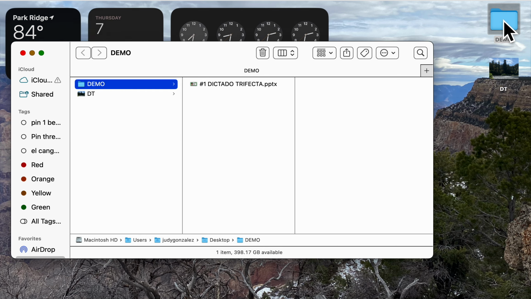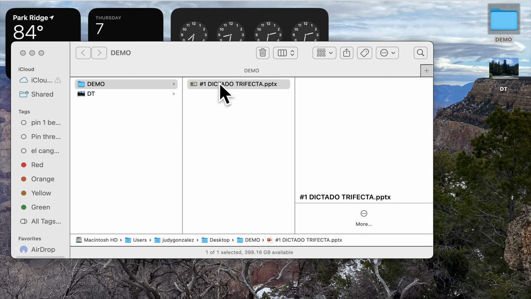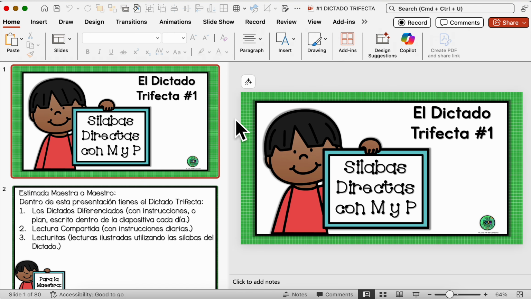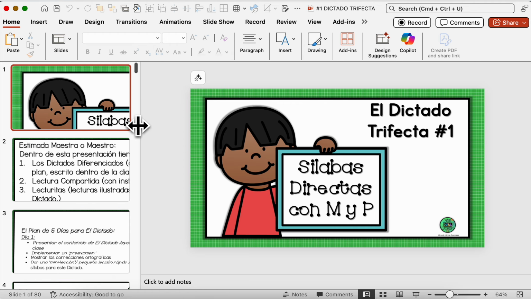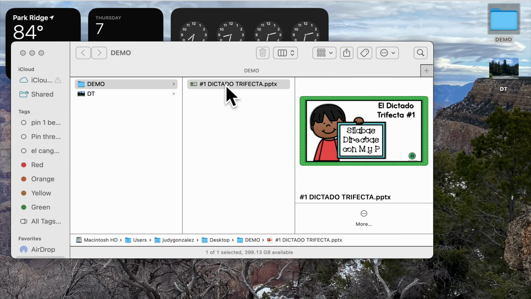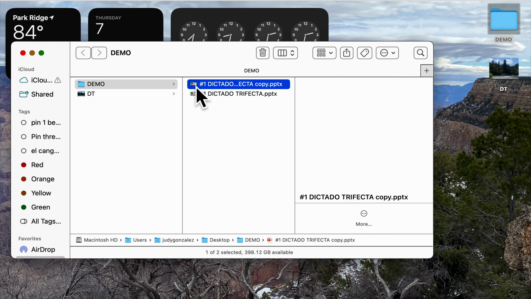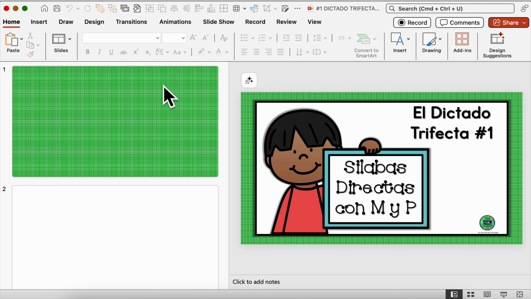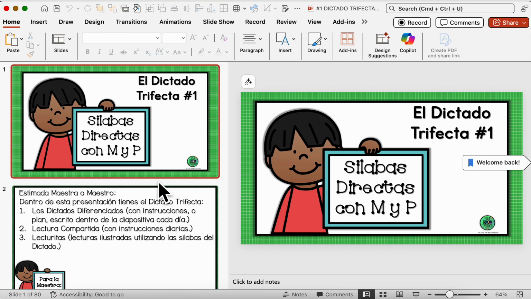With this demo, how to use your movable pieces. So you want to make this a little bit smaller. And if you're going to upload these into student devices, you might want to go back here and make copies and just create, so with this copy, go in and delete, like maybe leave this title